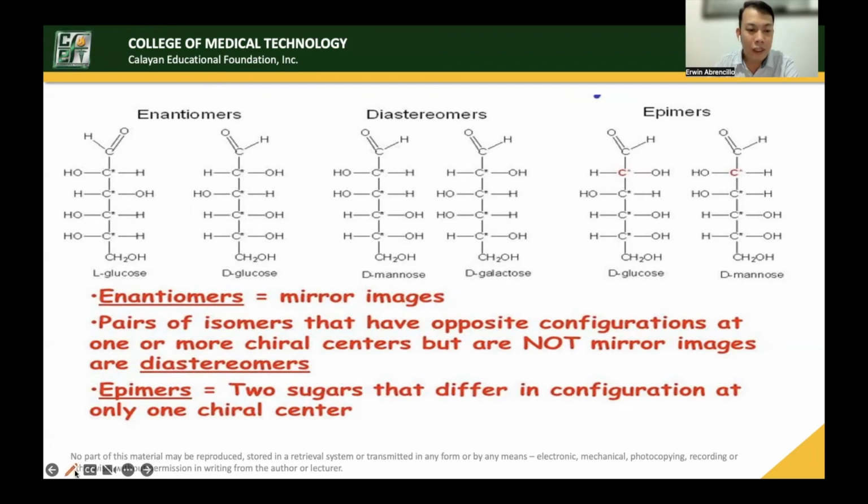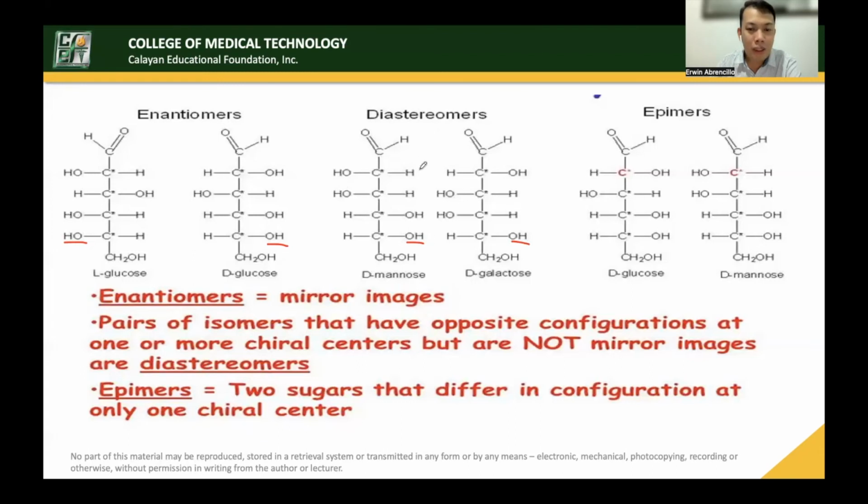Again, for those who are still confused on how to determine the L and the D, this is L. So this is OH bound at the left. D is OH bound at the right. D-mannose, this is bound at the right. D-galactose, OH is bound at the right. Okay? Now,